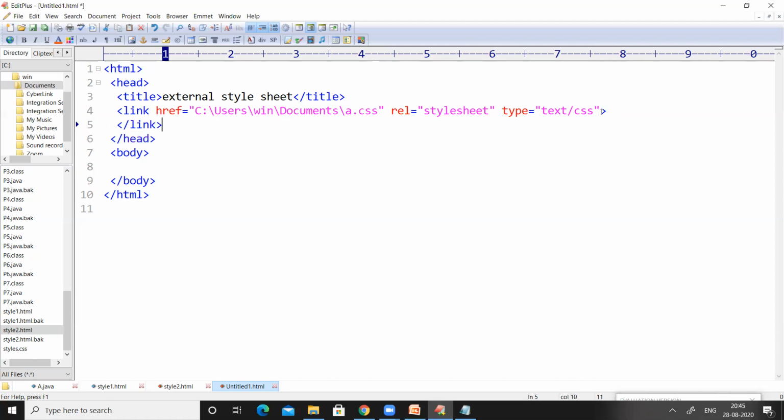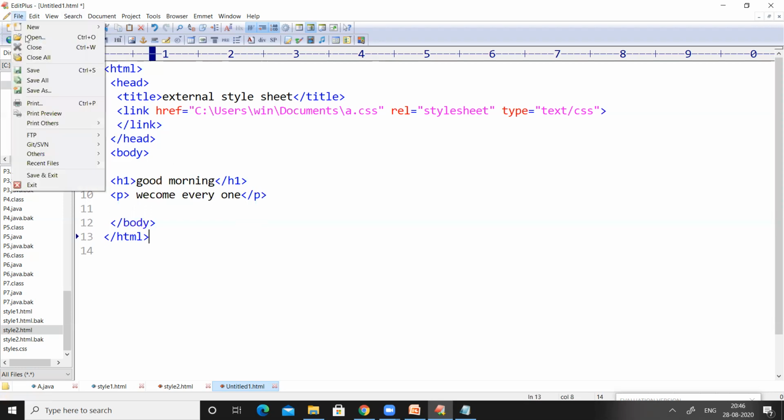So let us close the link tag. And in the body tag, let us write some code. Let us use an H1 heading. The H1 heading will print good morning as the message. And let us use a paragraph, welcome everyone. So this is my paragraph that I want to display on the web page.